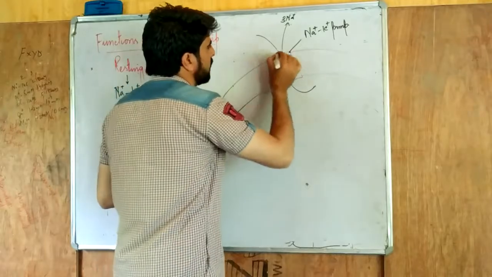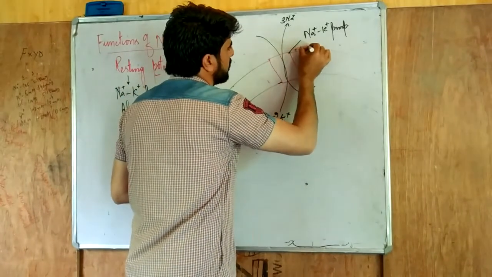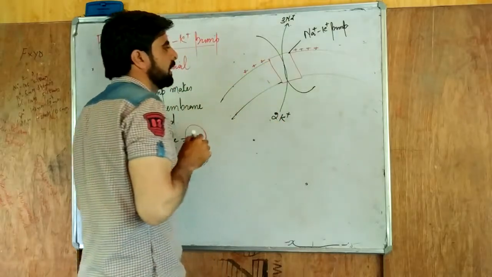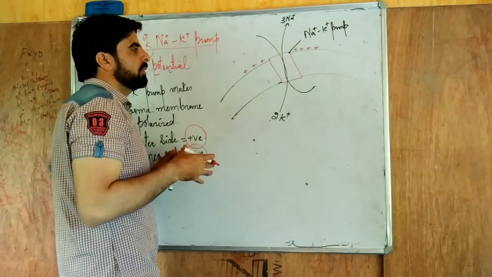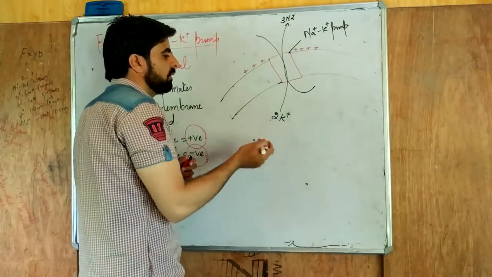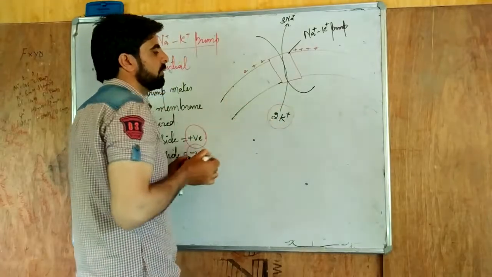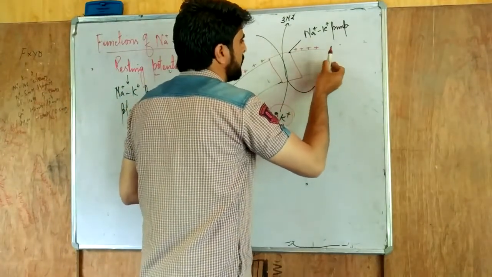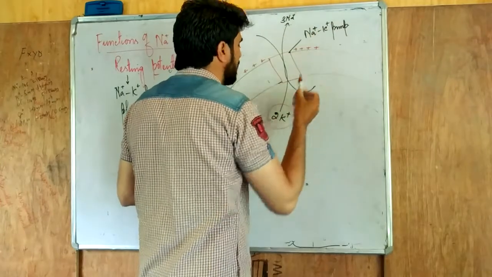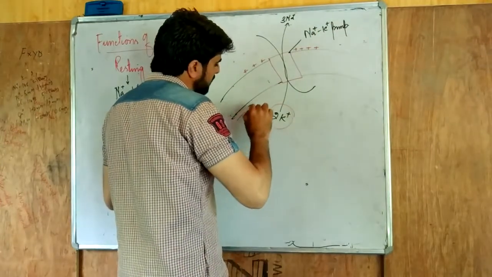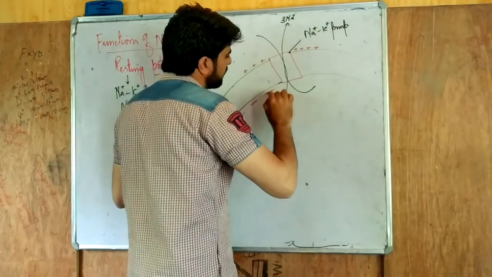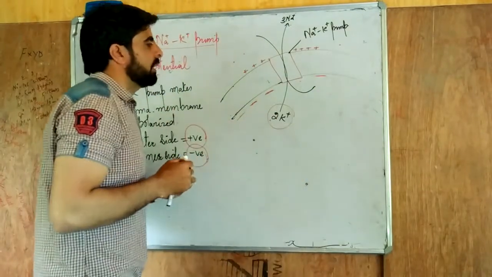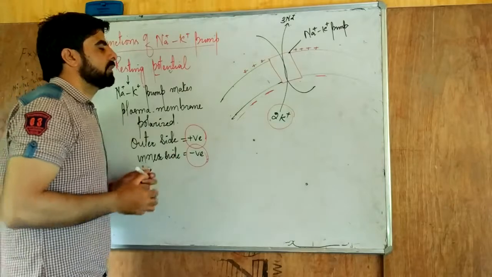The outer area of the plasma membrane becomes more positively charged, because more sodium is there. The inner side also has some positive charge, but it has more negative charge. The reason is that only two potassium ions are taken in, and there are also some potassium leaky channels, so potassium is also leaked out. So the negative charge is more on the inner side. With such a condition, we can call the membrane polarized, and we call this a resting potential.